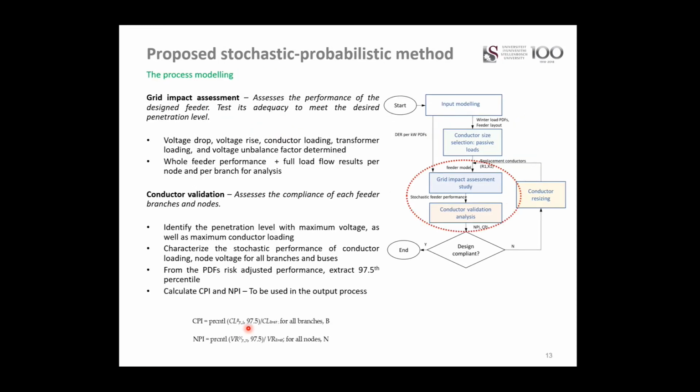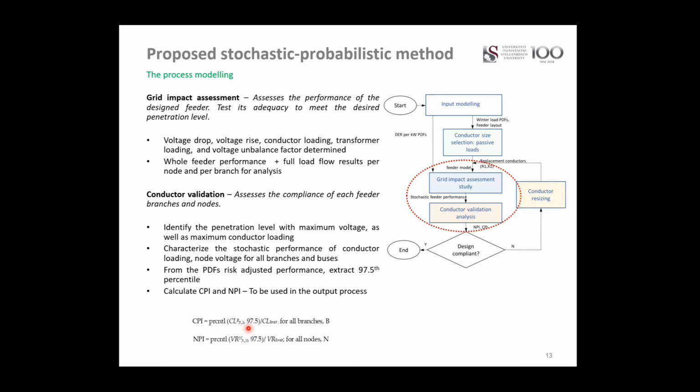So here we have a grid impact assessment where you assess the adequacy, the performance, of the designed feeder in meeting your desired penetration level. You're basically asking, can this feeder meet 100 kilowatt peak? Can it perform within the quality of supply limits at full uptake, which is 100 kilowatt peak, for instance? And then in the same process, we carry out conductor validation, where we assess the compliance of each